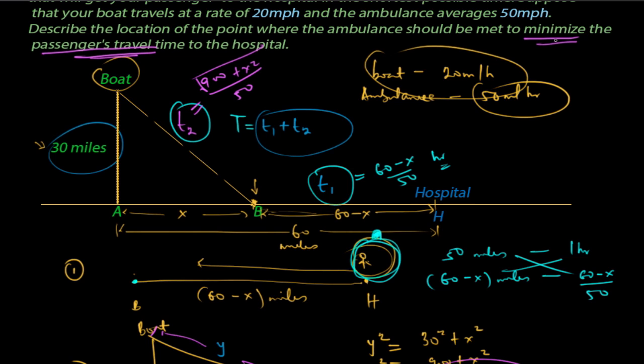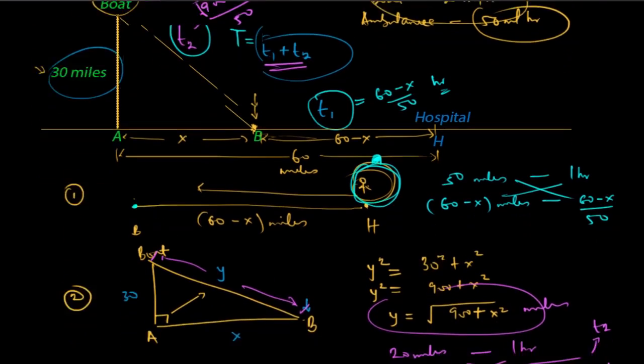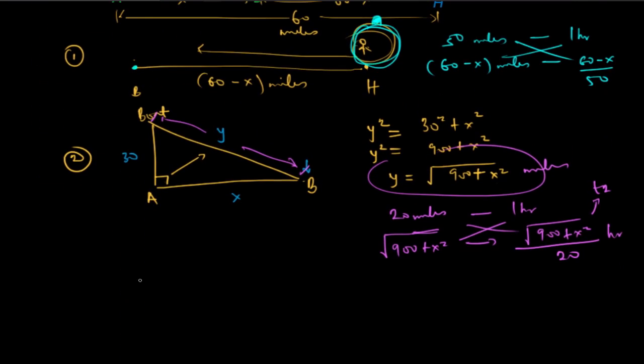So the information is to minimize the time. So I have to first find the time. So when I find the time, I then minimize it. So the time is T1 plus T2. So that is my time